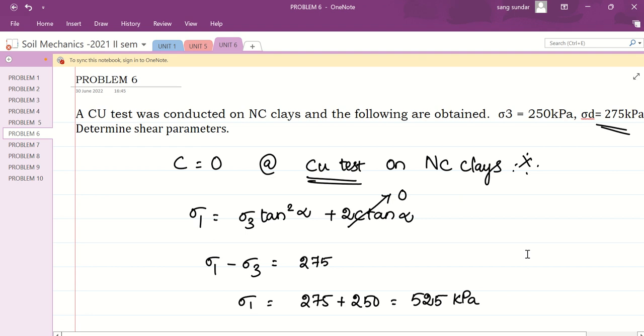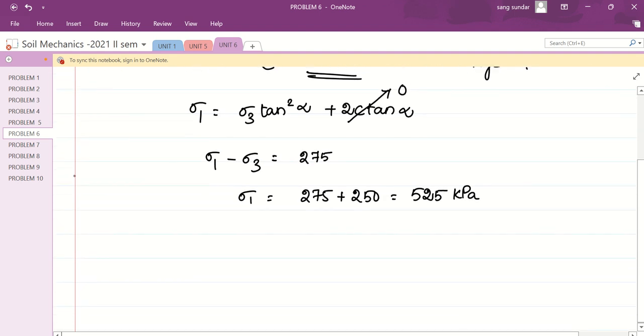Just substitute it in our main equation. You will get sigma 1, which is 525 kPa, is equal to sigma 3, which is just 250 kPa, times tan square alpha. So once you resolve this, you will get alpha is equal to 55.39 degrees, and hence how much is your phi value then? So for phi, we can write from alpha,